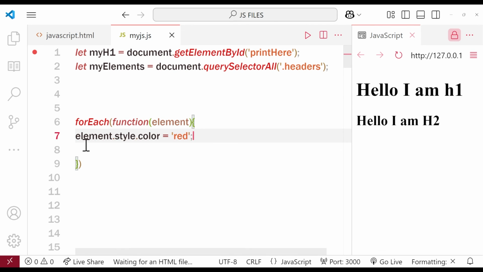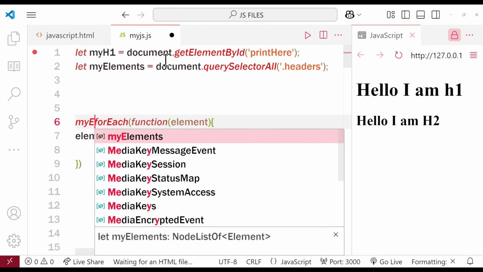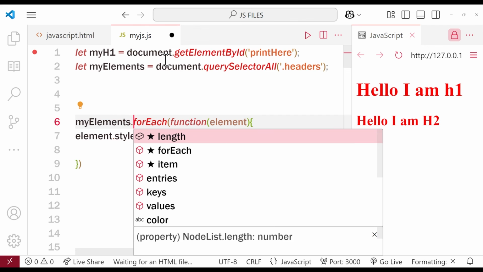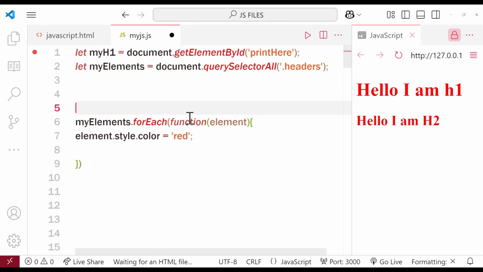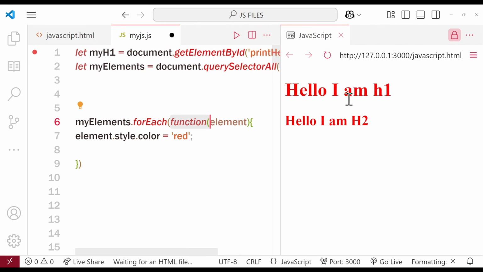You see, this is not going to work this way because I am not using my elements here. So I'll have to attach this ForEach to this array. And to do that, I can say myElements.forEach, and you see I'm using this function to attach this style to these two elements. So you see I've changed them to red, or I can change it to blue,